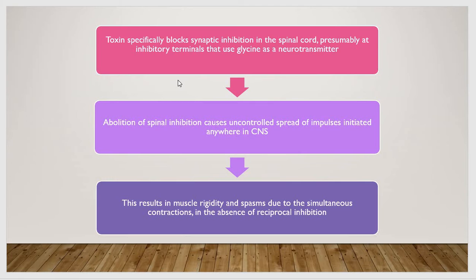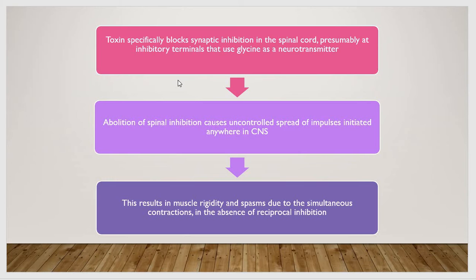Basically, it inhibits the relaxation of the muscles. The toxin specifically blocks the synaptic inhibition in the spinal cord, presumably at inhibitory terminals that use glycine as a